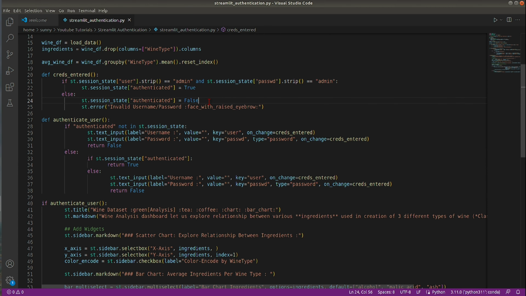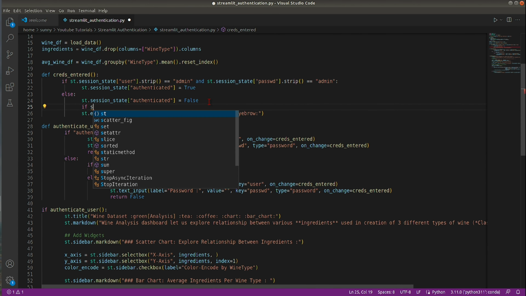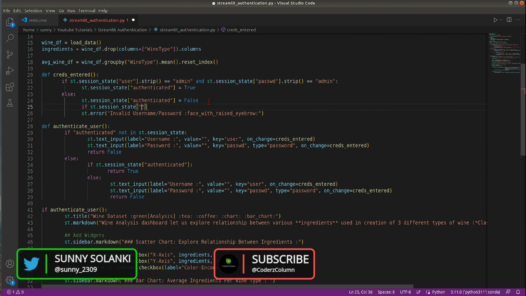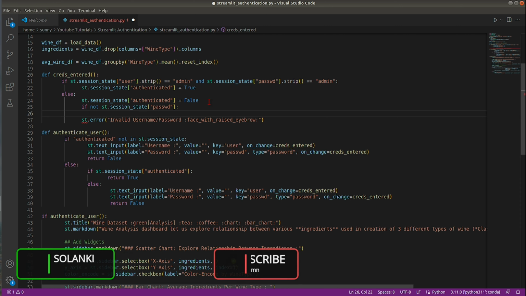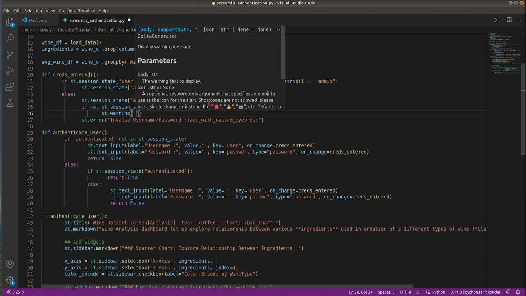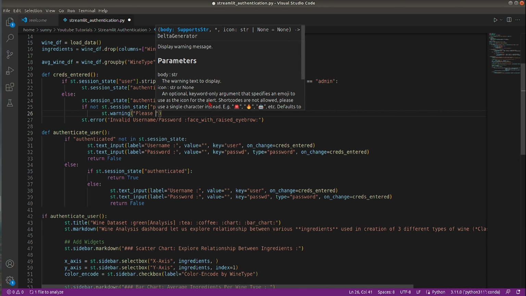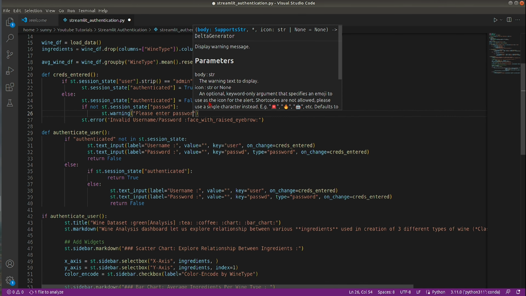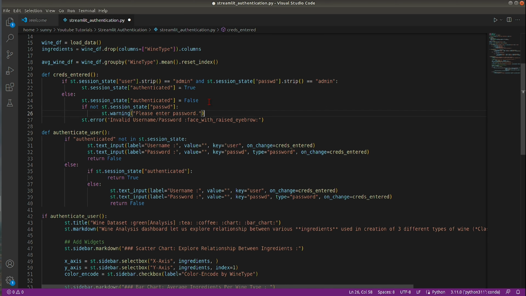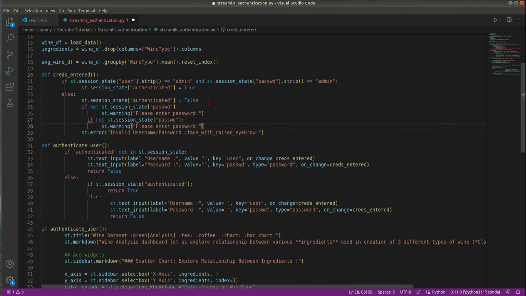If st.session_state of password is not set, then I will display a warning saying please enter password. Same I can do for username as well. If a person has not entered username,